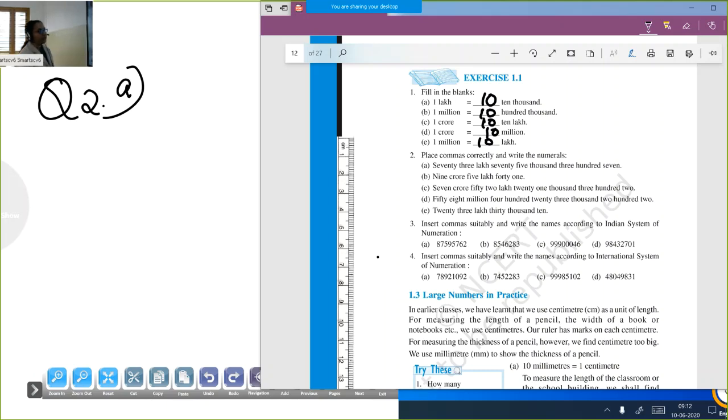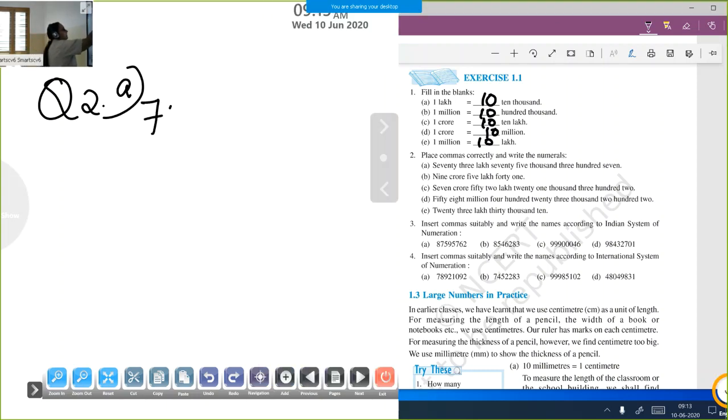73,75,307. The question is, we know the place value system. This is given in Indian place value system. Lakhs is coming in Indian place value. So 73 lakhs, teacher is writing, okay? First one, 73 lakhs, teacher is putting numeral. So teacher is making a comma. Then 75,000, because in Indian system, each group is having only two digits.